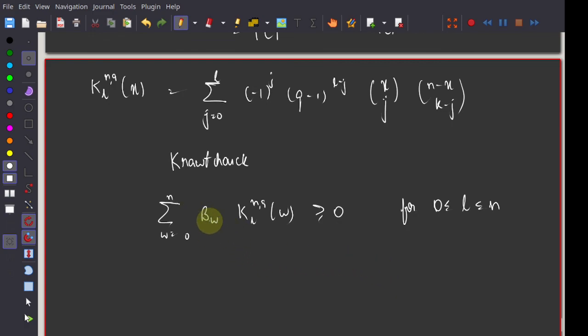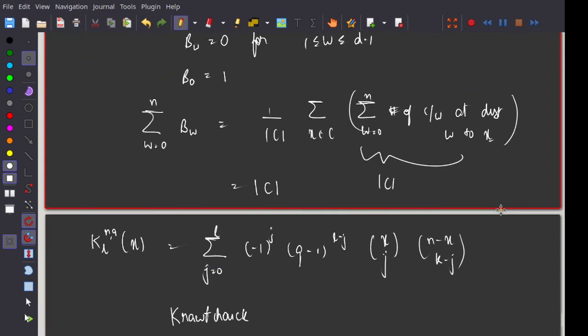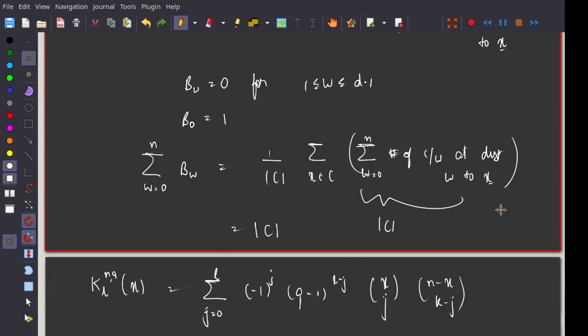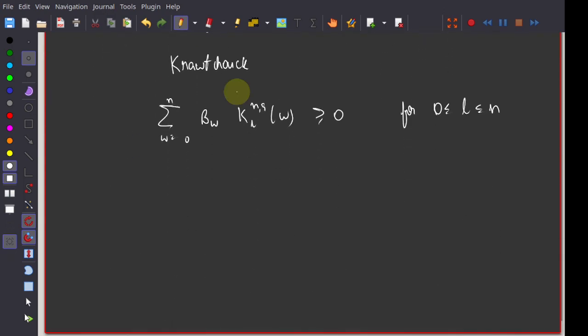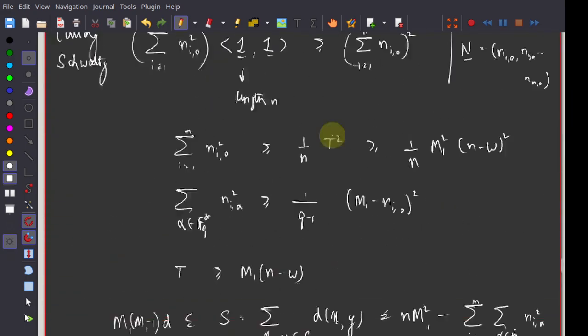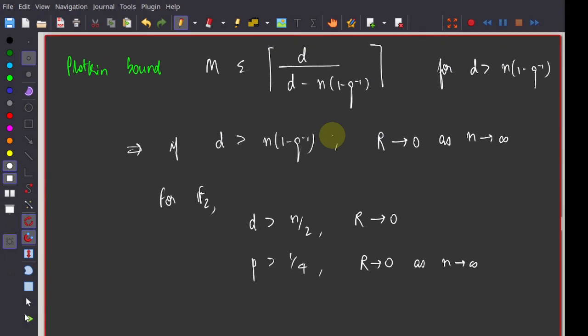So if the BWs actually correspond to the distance distribution of a valid code, then this set of inequalities must hold. So now I get another set of n plus 1 linear inequalities. And now I can try to solve this linear program of maximizing summation B_W subject to these constraints, and these constraints. And that gives us the best known upper bound on arbitrary codes,